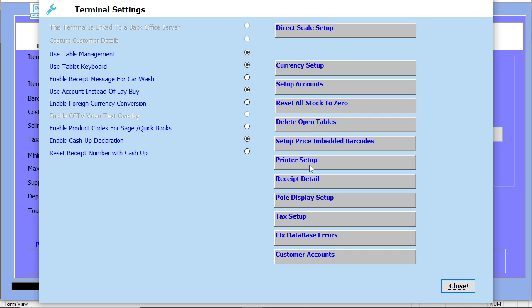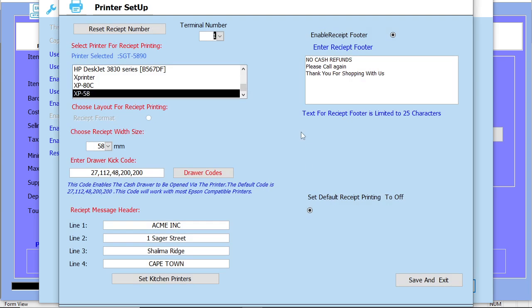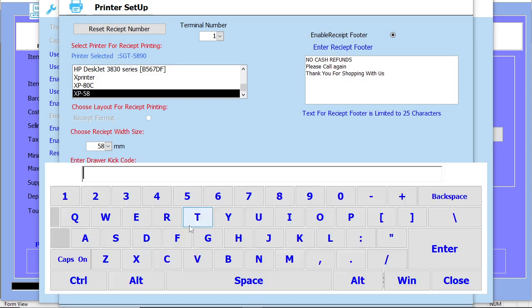Printer setup. This is fairly important. Let's go and have a look at printer setup. If you purchase a system from us, the system will be completely set up. So there's no need to change any of the printer settings. Please don't change the printer settings because the printer might not work correctly. So leave all that. But what you need to enter is the